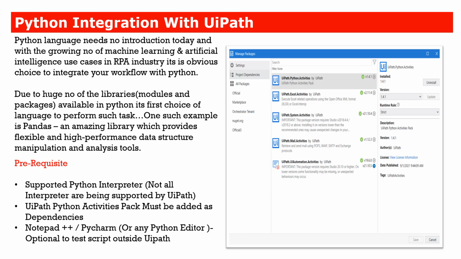So many times in UiPath what we do is send the data table as an input, perform some operations using the Pandas library, and then send the result back to the UiPath next activity. So the use case is pretty huge. You can use all the free open source AI ML algorithms given by different companies.